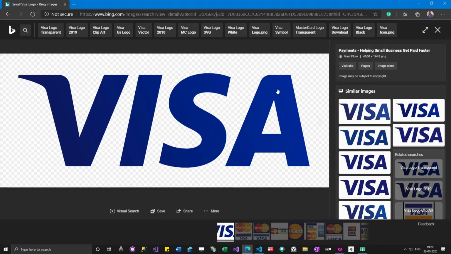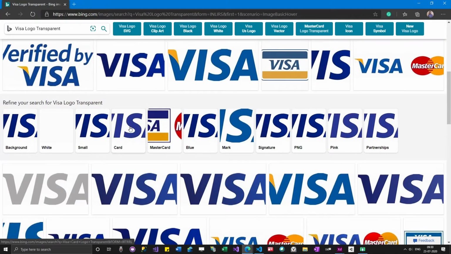Just imagine if the size of the image is 10 MB. Okay, PNG size will be smaller. So what will be the overall impact on the app? The app size will be impacted. If you add a 10 MB image to your app, the 10 MB will be added to the size of your app.